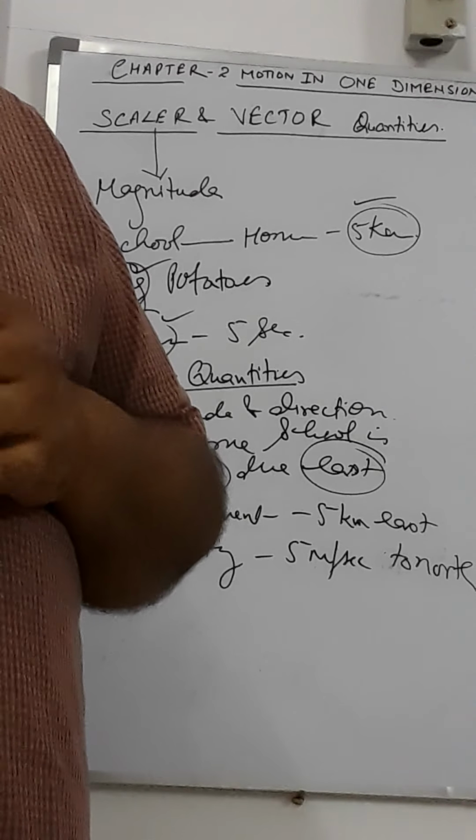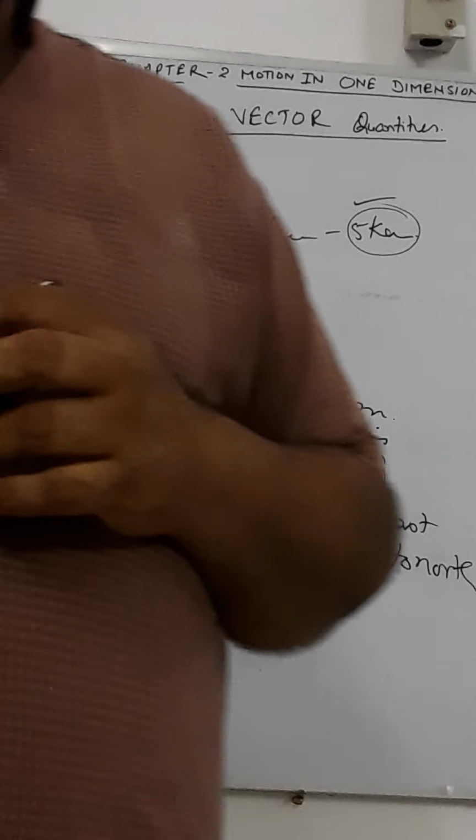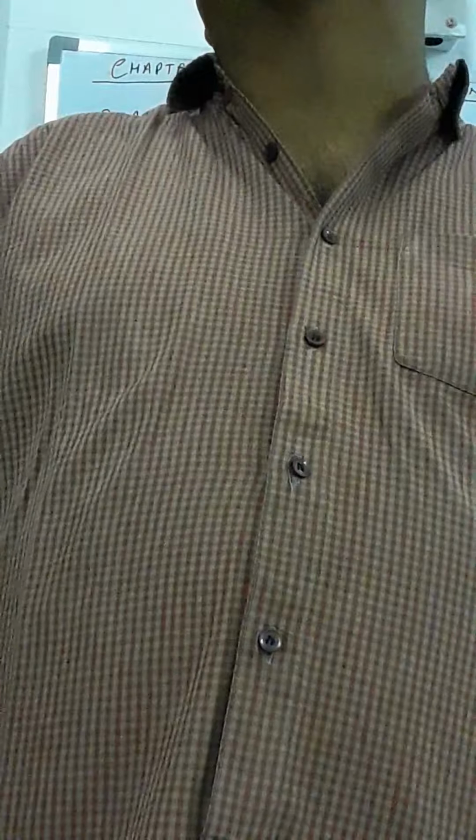Vector quantities can be denoted by keeping an arrow over the head. Force F, opposite direction negative. Next is rest and motion. As I told, a body is said to be at rest if it does not change its position with respect to its immediate surroundings. I am studying in class. My surroundings are the tree, this wall, switch and all. If they are at rest, I am also at rest. And a body is said to be in motion if it changes position with respect to its immediate surroundings.